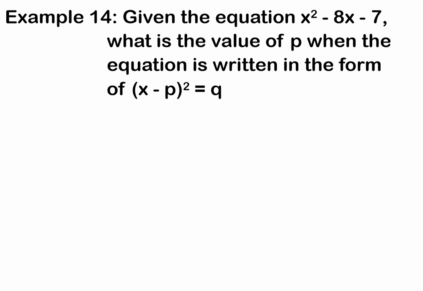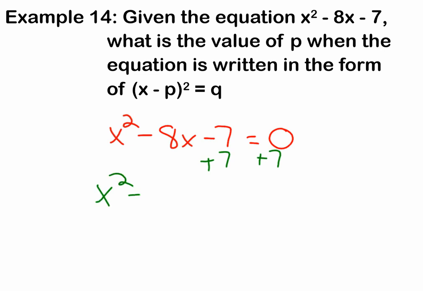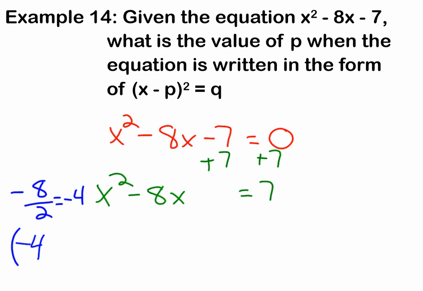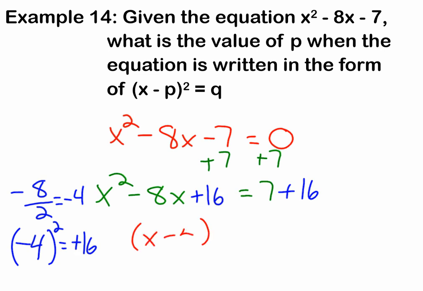Here we go. So we have x squared minus 8x minus 7 equals 0. We add 7 to both sides. X squared minus 8x equals 7. We know we're going to take negative 8 divided by 2 to get negative 4. Negative 4 squared is positive 16. So we're going to add 16 to both sides. Complete the square on the left to get (x minus 4) squared equals 7 plus 16 is going to be